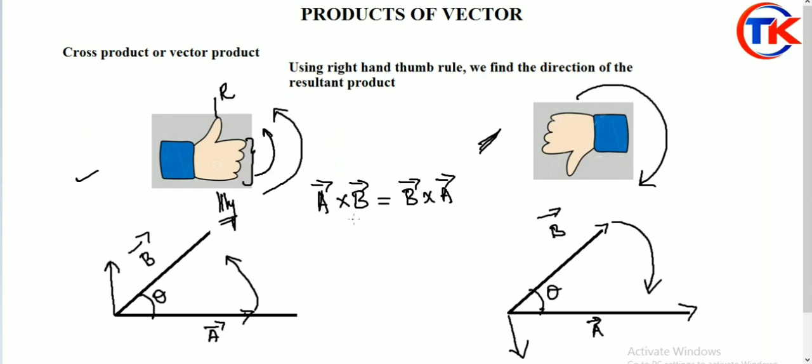So listen carefully. A cross B is not equal to B cross A, because A cross B has a different direction with respect to B cross A, right? What is A cross B? AB sin theta, right? What is B cross A? BA sin theta. The magnitude will be the same, but it shows one direction. BA sin theta will show the opposite direction with respect to the previous condition. Clear? Shall we see through a video how we rotate our curl fingers with respect to the thumb?